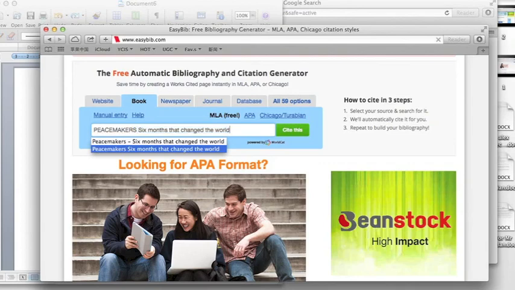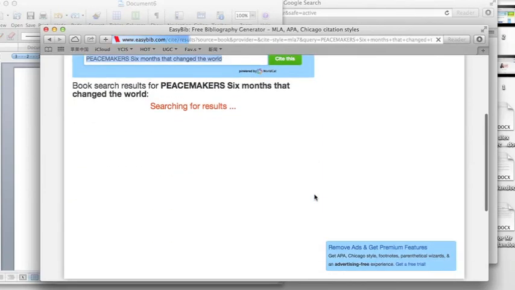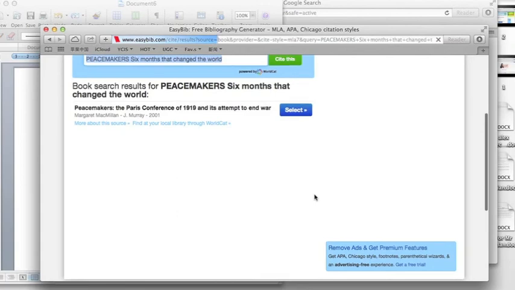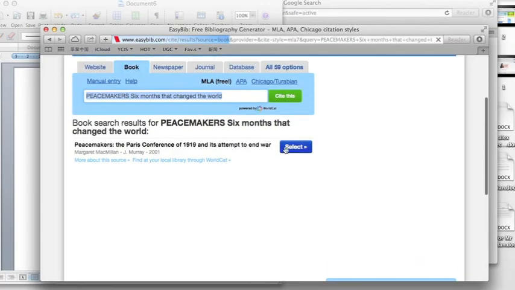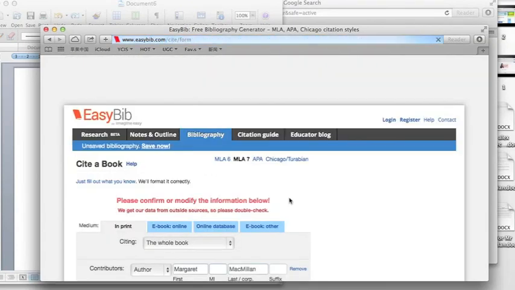And the easy thing about EasyBib is that if you have entered something before, the system will make a record and provide what you originally entered if you have ever typed it in before. So we wait to see how the citation is going to be. And here we go. Here is already the data of this whole book, from the resources of EasyBib. So we click select,